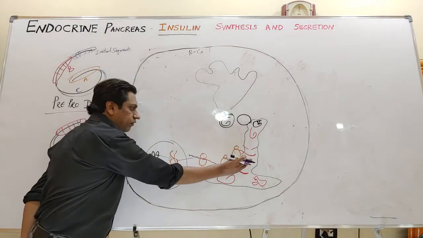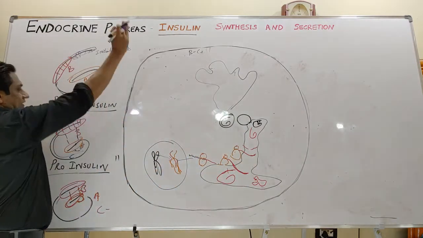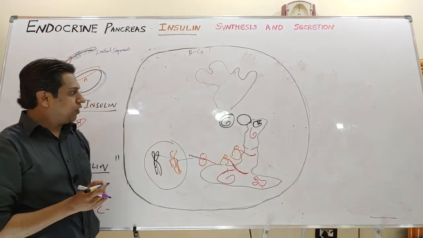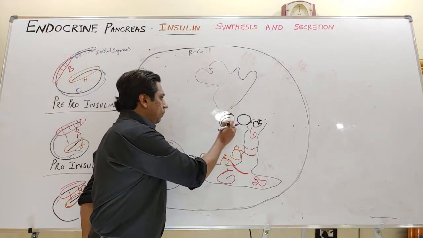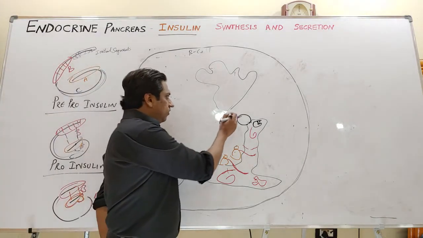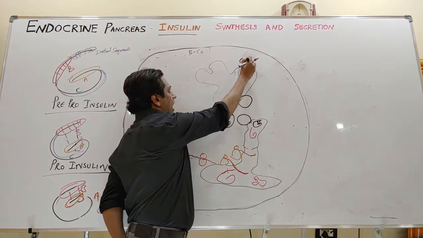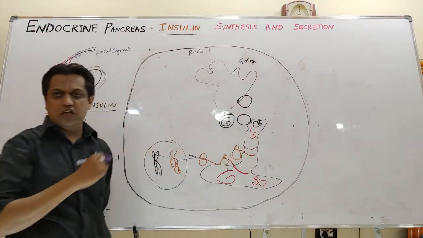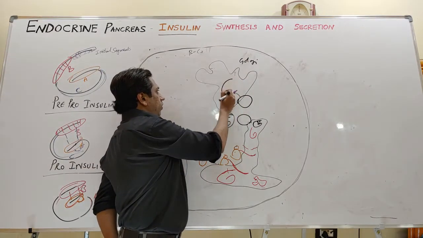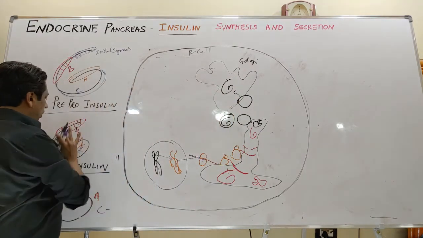So pre-pro-insulin is synthesized, and due to the presence of the enzyme endopeptidase, the initial segment is removed. Now pro-insulin is present, consisting of the A chain, B chain, and the connecting peptide along with the disulfide bond. Now these vesicles attach to one more structure known as the Golgi apparatus, where the proteins are processed. So they enter the Golgi apparatus with the A chain, B chain, and C chain, that is, the pro-insulin molecule.